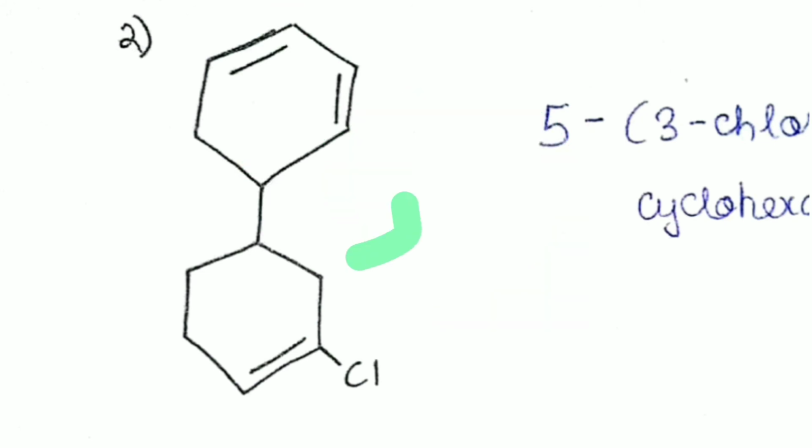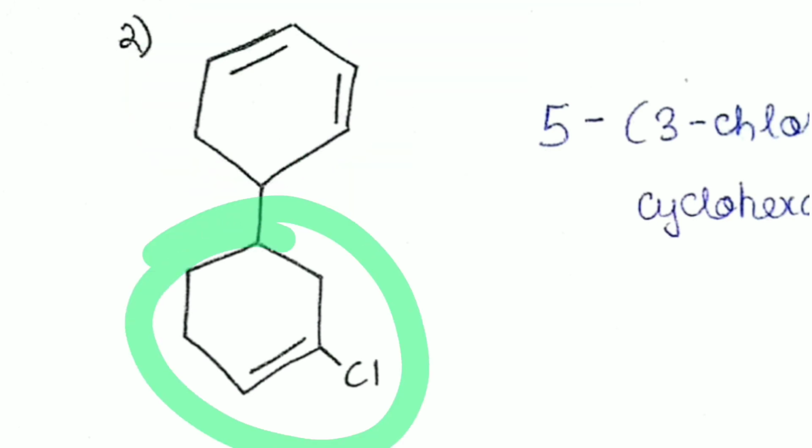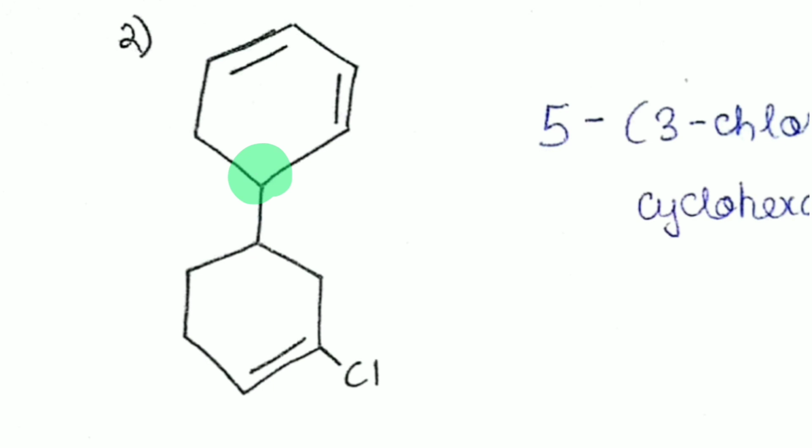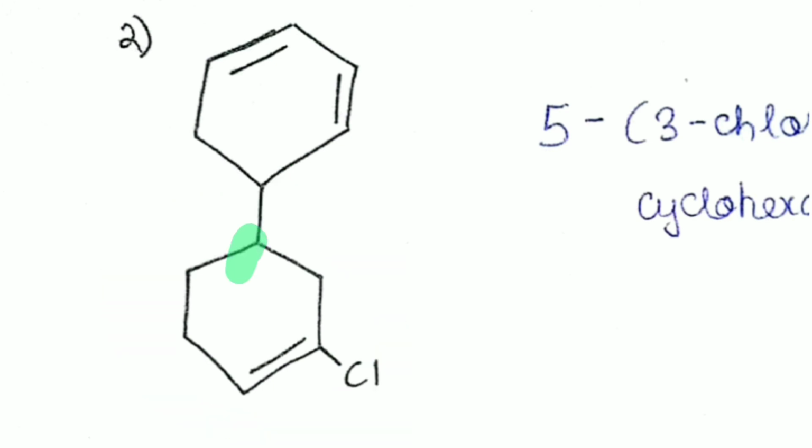What about the clockwise direction, guys? We're getting 1, 3, 5. So we're going to go with the lowest set of locant rule, and we're going to go with the clockwise direction numbering because it's giving us a lower locant for the substituent. Therefore, now the substituent, we have to see how to name it. So this is our free valent carbon. This will obviously get number 1 locant.